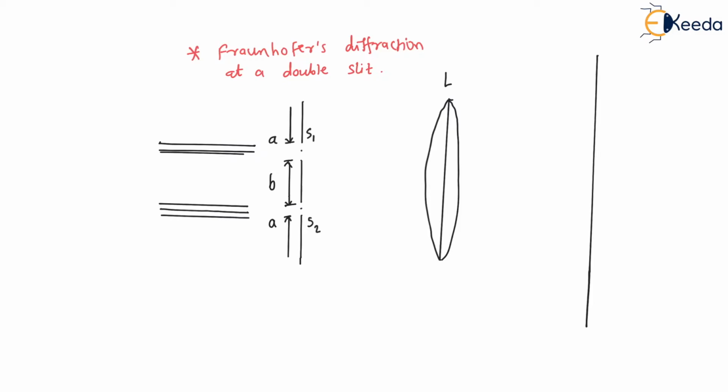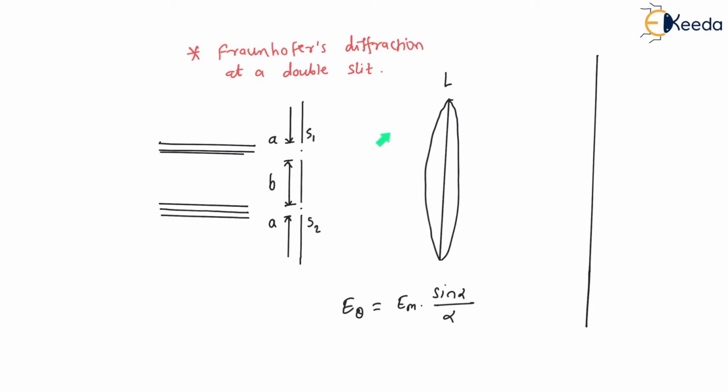Now, as we all know, from the theory of diffraction at a single slit, it will produce a resultant amplitude due to all the secondary wavelets diffracted from the slit at an angle theta with the normal. We know the equation that we derived in the previous session: E theta is equal to Em into sine alpha upon alpha. This is the resultant amplitude produced due to all the secondary wavelets diffracted